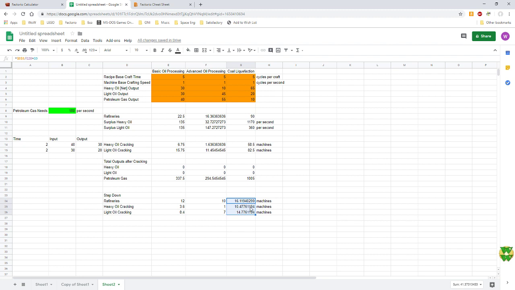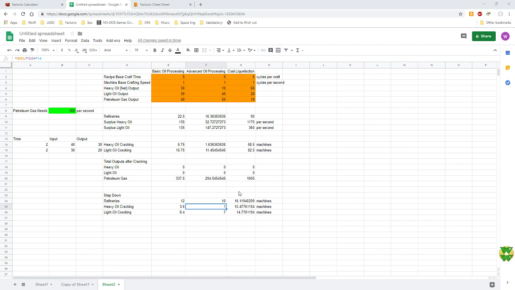You need to use the crude you have to get basic oil going, to get advanced oil going, to get coal liquefaction researched, so that you can switch to this and start consuming coal. So these are of course quite in the same order of magnitude as the others, but you can see that it's much less efficient to do the same thing with coal liquefaction as it is even with basic and definitely with advanced oil processing. So that's where I wanted to finish the section on the spreadsheet,